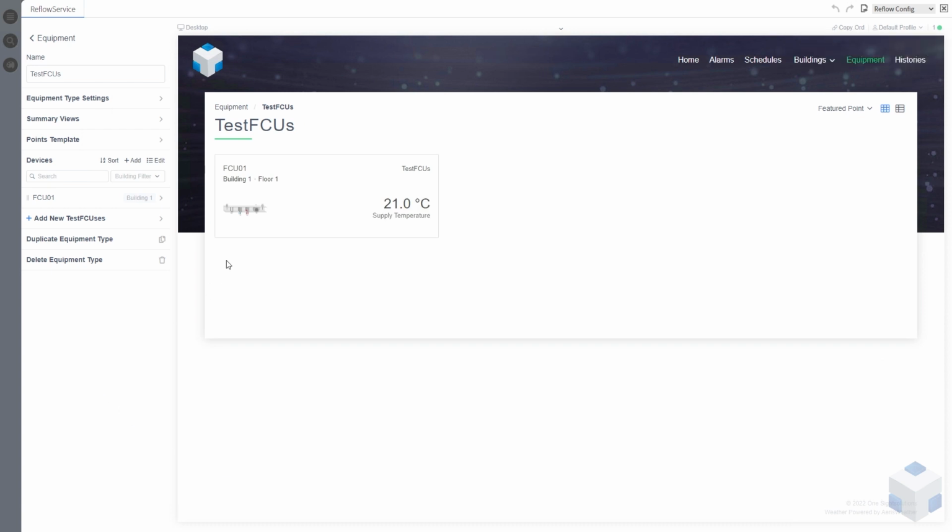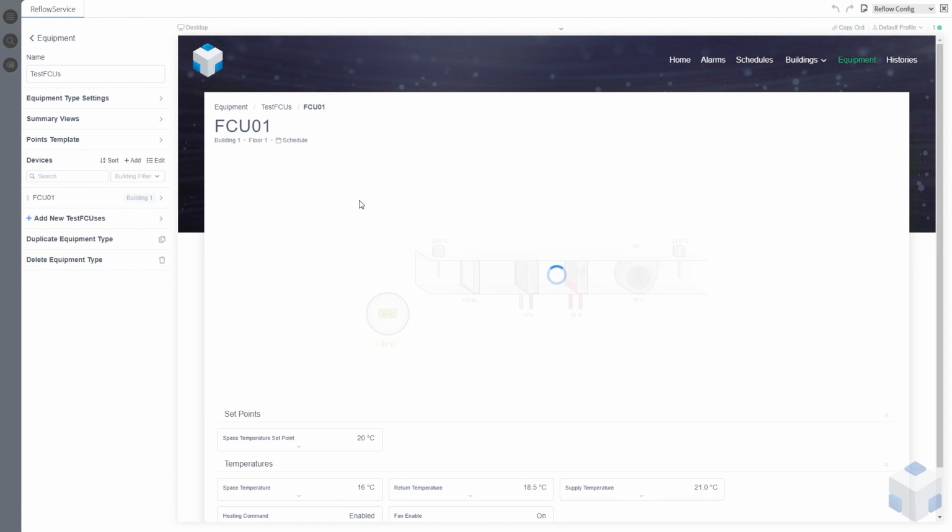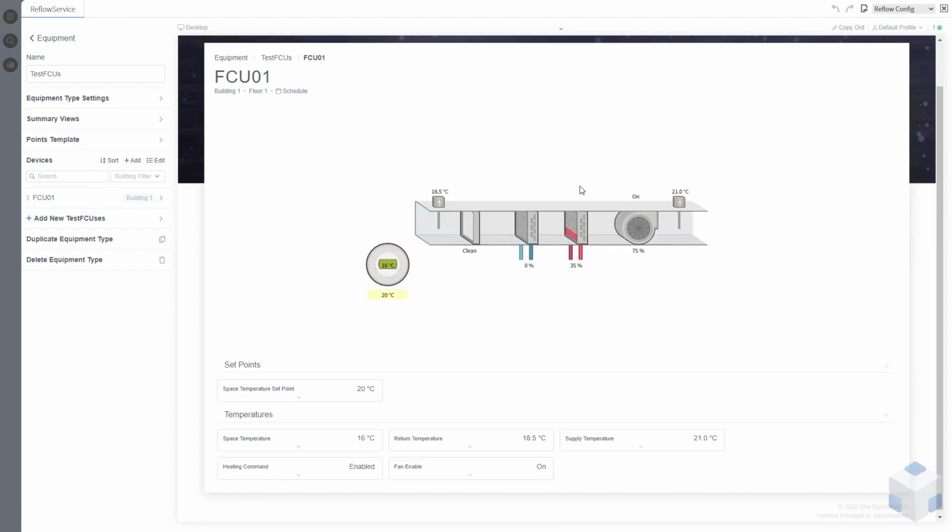and there we go, you've just onboarded a piece of equipment. So this is your card, so this is where your thumbnail is represented, and it's currently showing the supply temperature. Now we'll come back to featured points shortly when we bring in everything else, but as you can see quite quickly you've brought in a piece of equipment. So when you do click on it, this is now the individual equipment page for this piece of equipment. So I've pulled in my